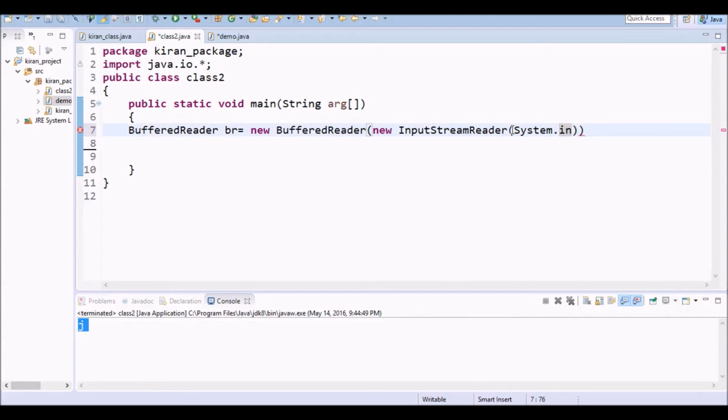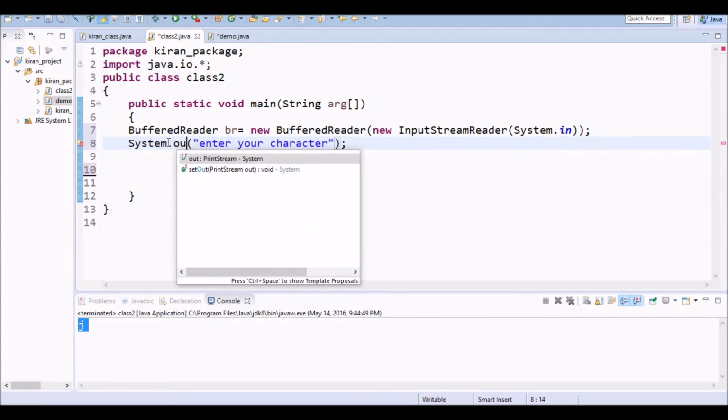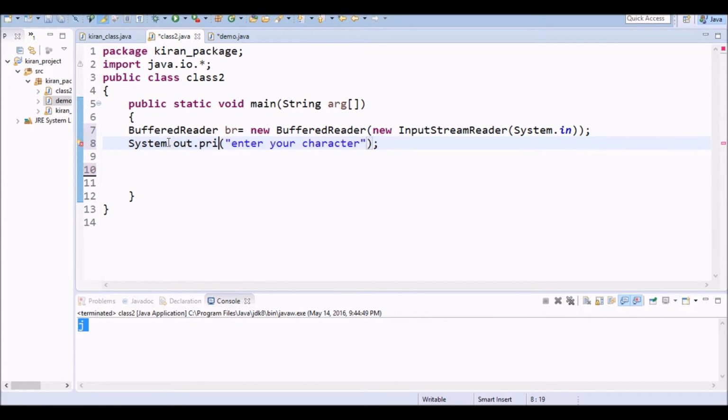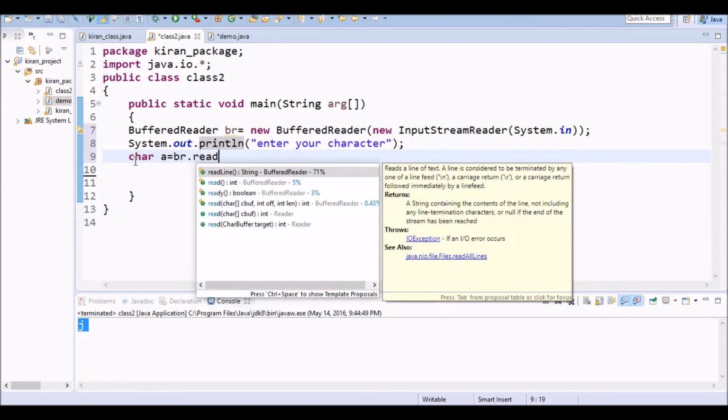Okay, now we will enter the print statement, System.out.println, "Enter your character." Now char a is equal to br.read.